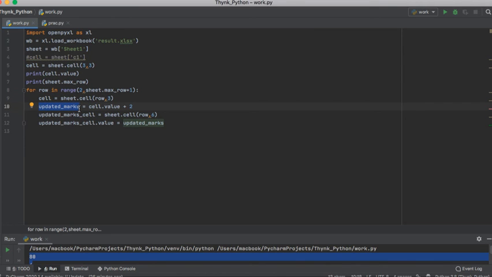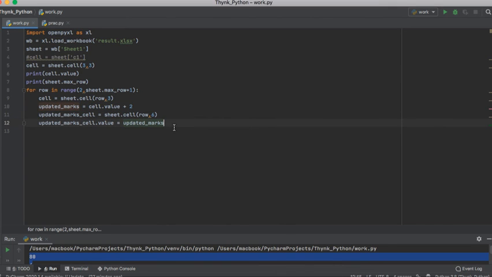Now these updated marks are going to a corresponding cell in a new column. So to create a new column, again we have made this reference to sheet.cell. Row is iterating but the new column is defined, which is 6, and this is going to the updated marks cell. Now what value should this updated marks cell contain? So updated_marks_cell.value should have the updated marks which we have defined here.